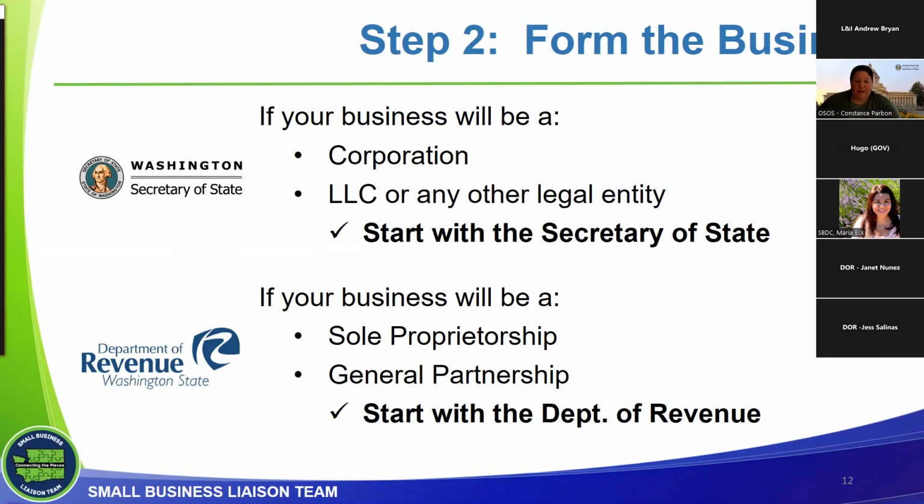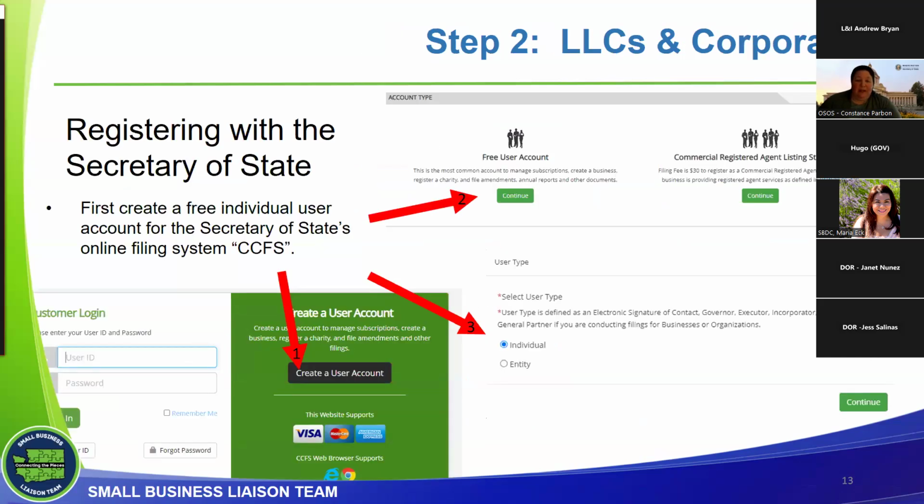Corporations and LLCs are legal entities separate from the owner. The business can sue and be sued, buy and sell property, and be taxed separate from the ownership. These business structures require a different level of transparency and are required in the public record. If an LLC or corporation is the business structure selected, then you will first register with the Secretary of State, Corporations